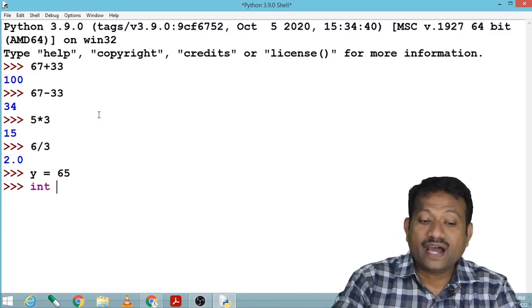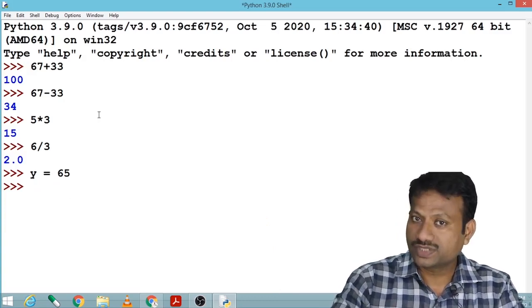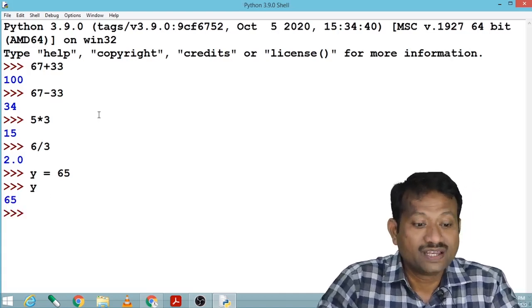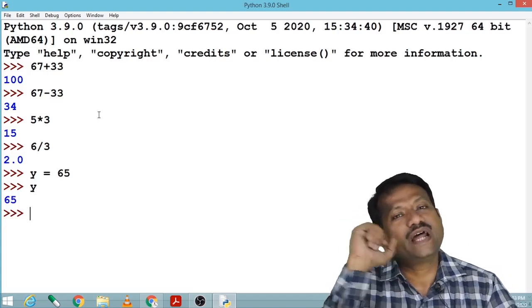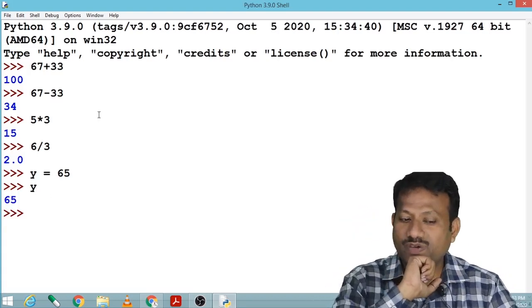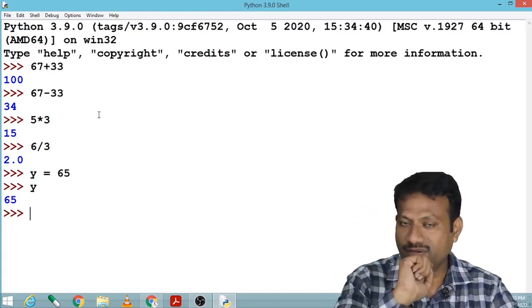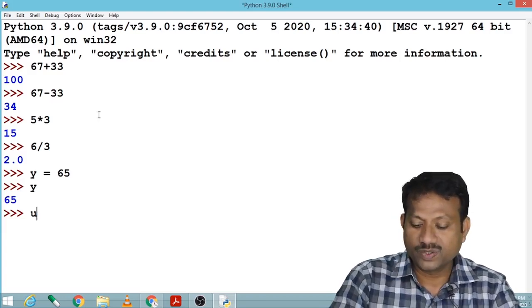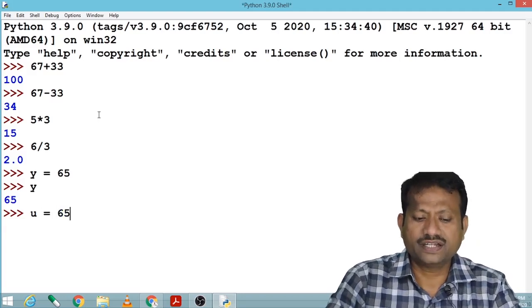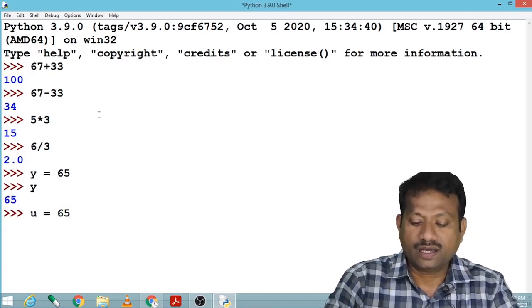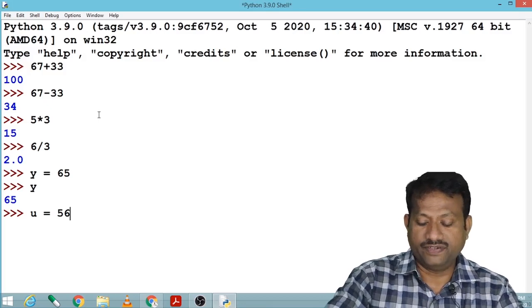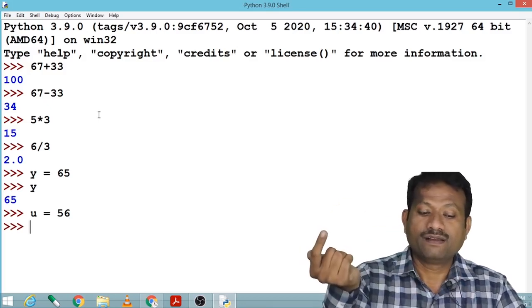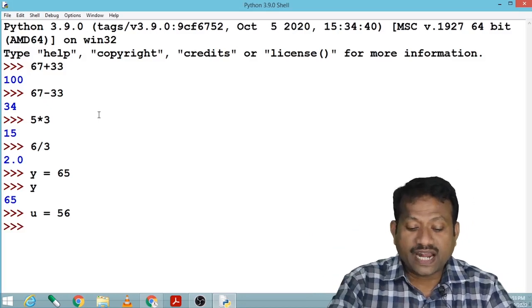Example, in y I have stored one value. Suppose I would like to see that value, I'll just say y, enter, and print it. The value of y is 65. So let us perform one addition by using different kinds of variables. So y is one variable which has stored the value of 65. Now take another variable u equals to 56. Enter. So y is having 65, u is having 56. So let us add these two variables.